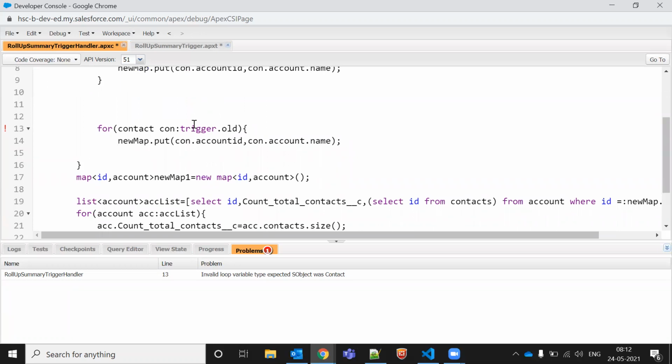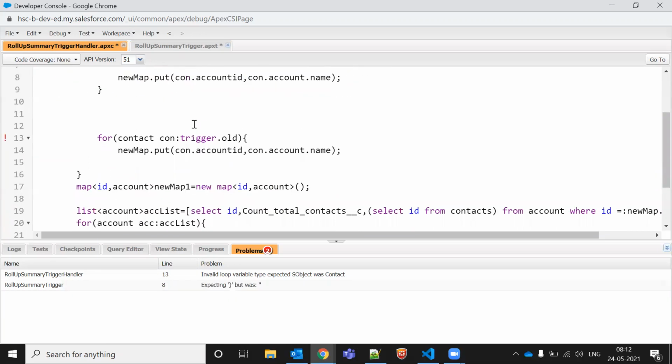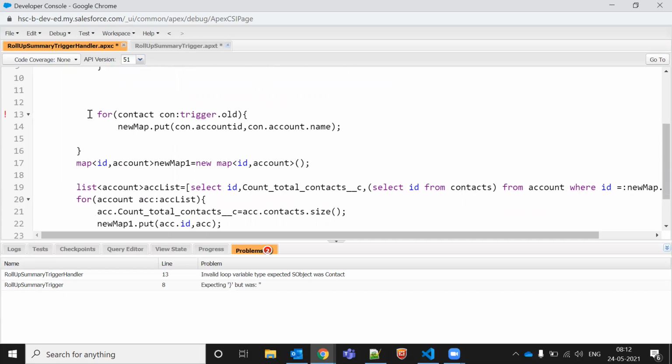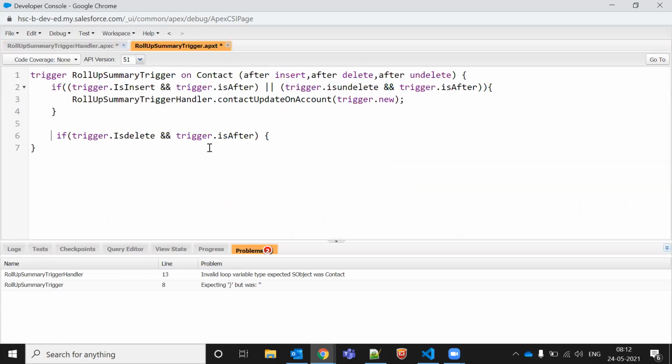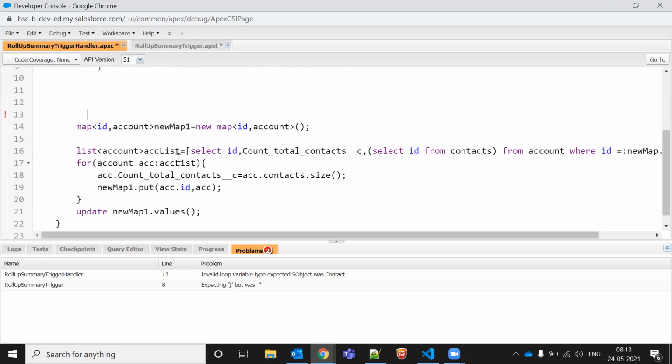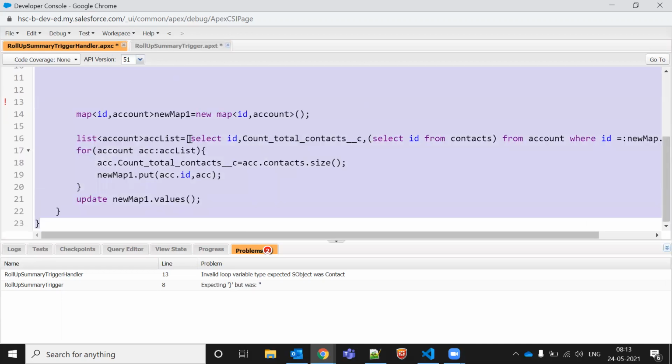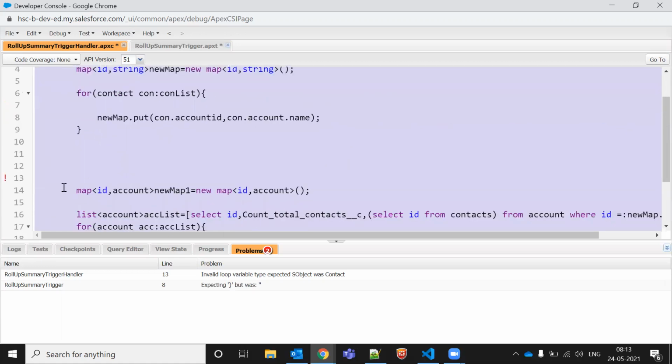Parallelly, the same method we can use here, or else we can use another old method. As of now, we are just going to do it for one method only. We can create another method as well, but for understanding purposes we are creating only one method, and with the help of that we want to work. Okay.